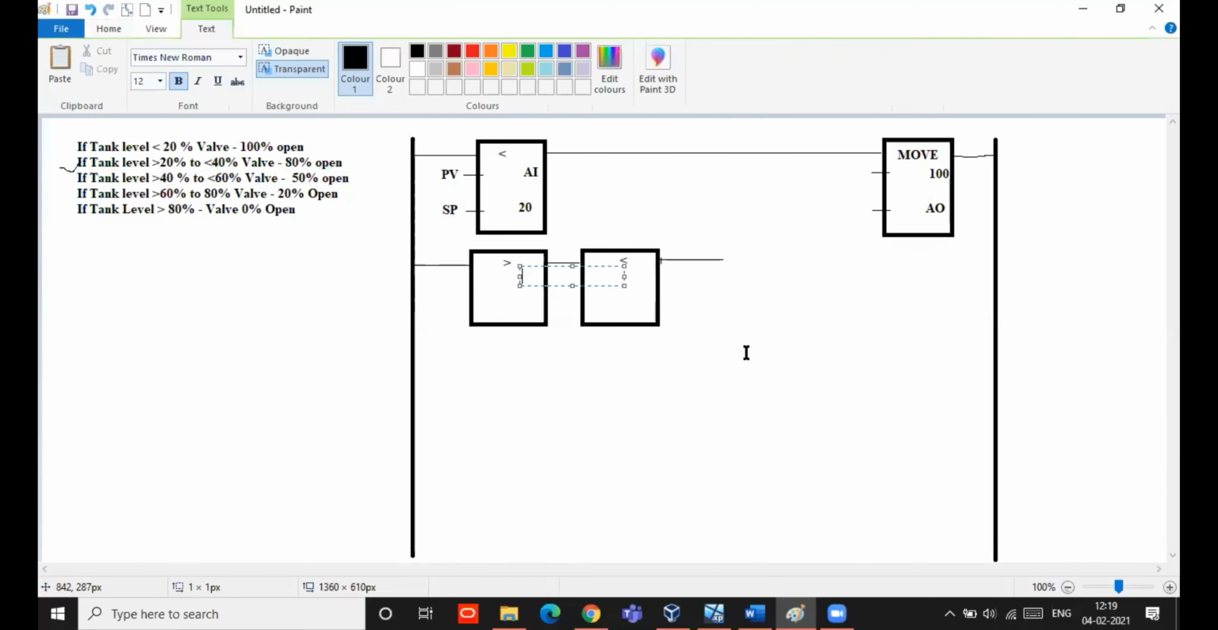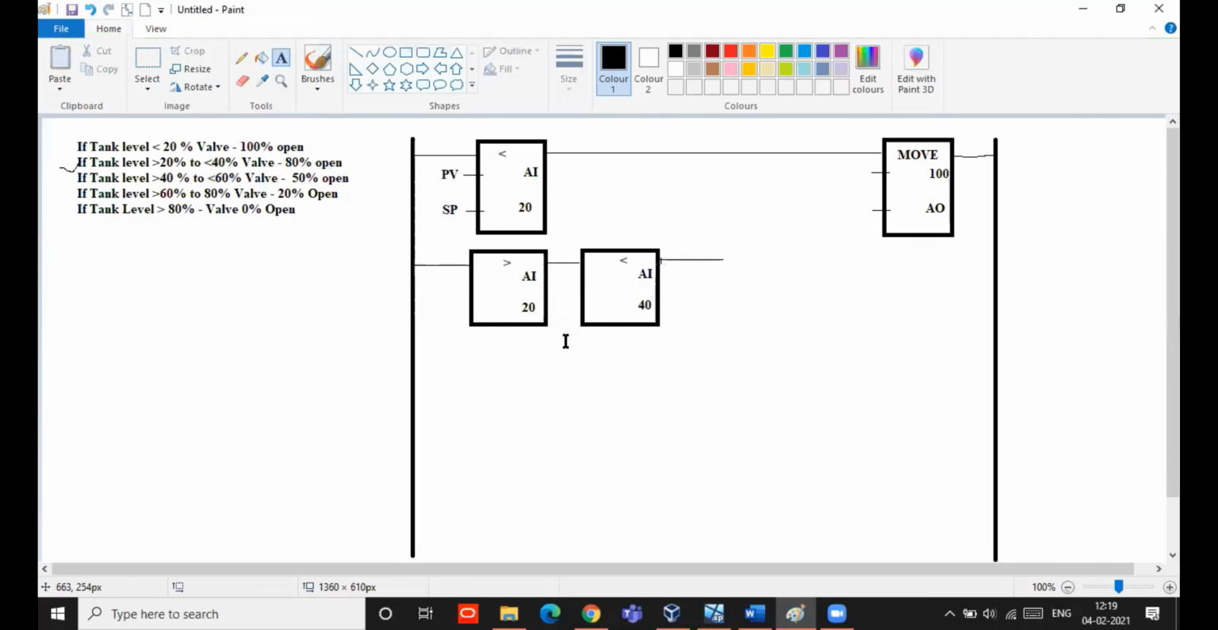Now here, same, it is going to compare analog input with the set point. What is the set point? Set point is 20, and here, analog input, and here the set point is 40. So what will happen? Whenever the range is greater than 20 to less than 40, at that time only it will activate the